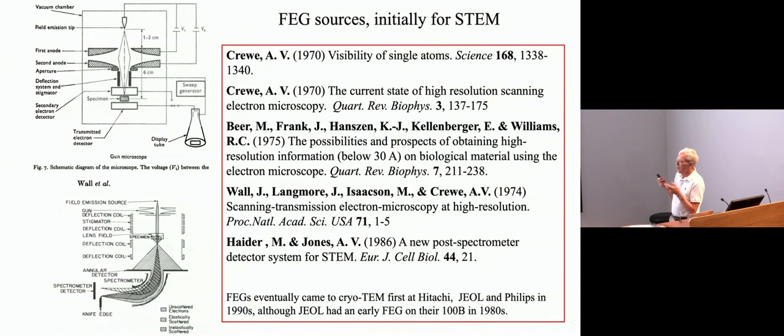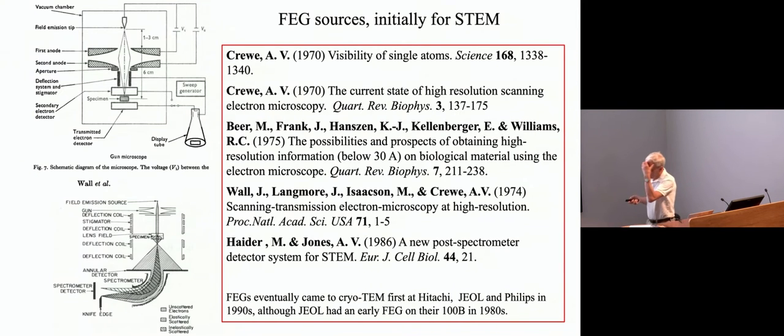The electron microscope manufacturers just developed an electronic way of switching from TEM to STEM, and Albert Crewe's initiative gradually died out, and he was very disappointed about that. And then the bright field defocus phase contrast became the dominant method in structural biology. Very few of the early electron microscopes had field emission guns, although Bob Glaeser had one at Berkeley in 1980 or so, a JEOL 100B with a field emission gun that worked really well, actually, and we collaborated and used